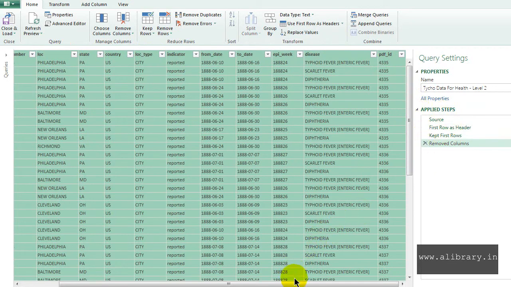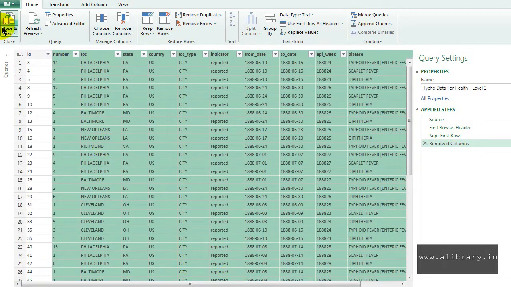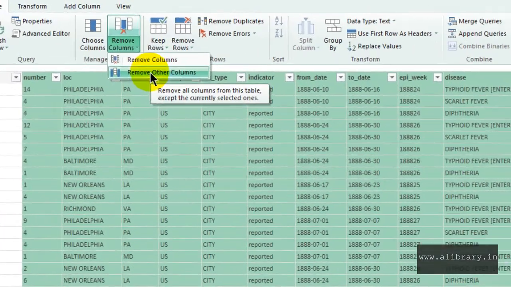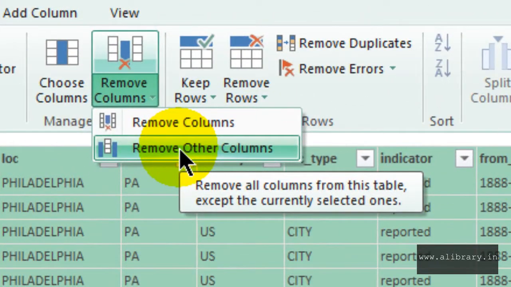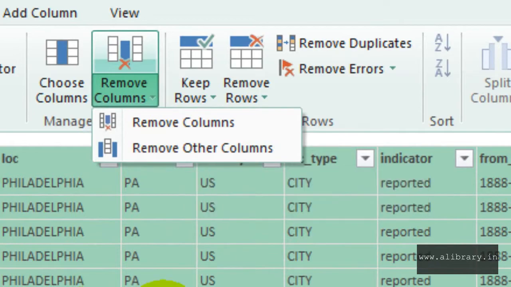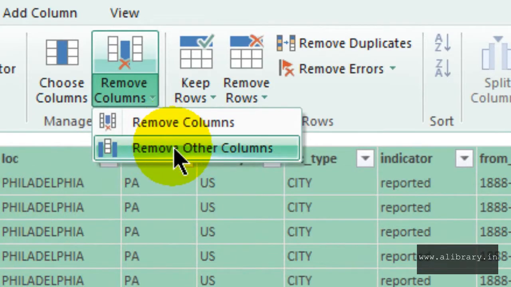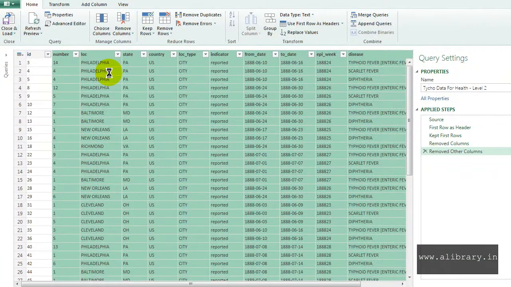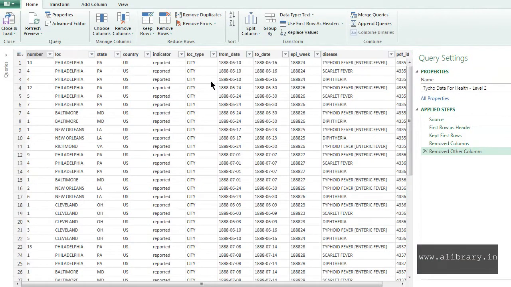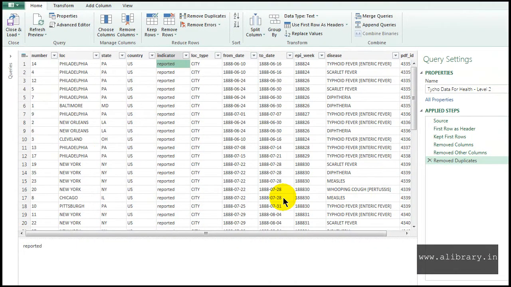So you can see I've just chosen these columns and I've not selected ID. So when I select remove other columns, this would keep all of these and remove only this one. The other way would have been easier, but just for the sake of the tutorial, I think it's okay. Now suppose you had duplicate rows or duplicate records in your dataset, you could remove them